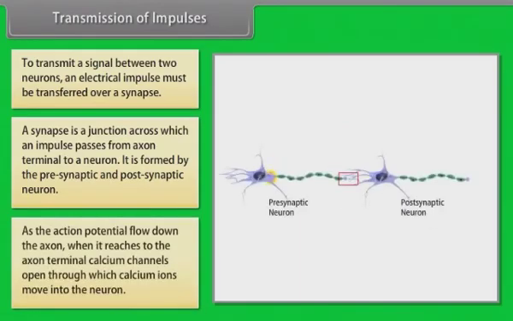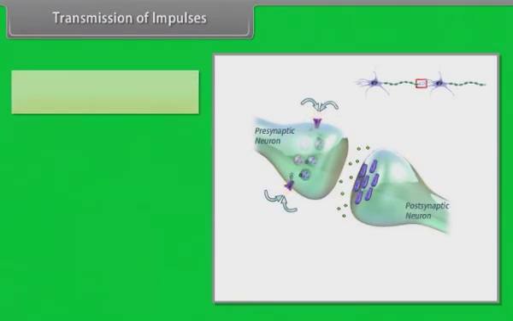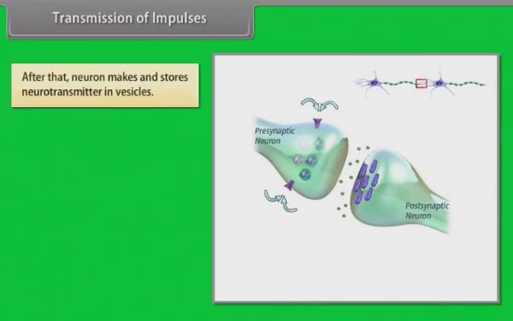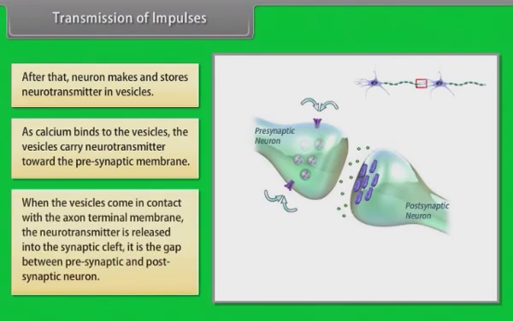As the action potential flows down the axon, when it reaches the axon terminal, calcium channels open, through which calcium ions move into the neuron. After that, the neuron makes and stores neurotransmitters in vesicles. As calcium binds, the vesicles carry neurotransmitter towards the presynaptic membrane. When the vesicles come in contact with the axon terminal membrane, the neurotransmitter is released into the synaptic cleft. It is the gap between the presynaptic and postsynaptic